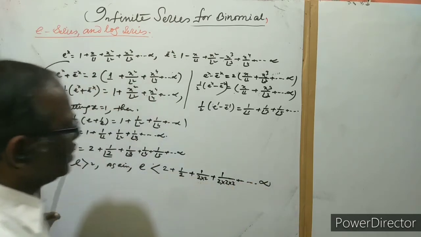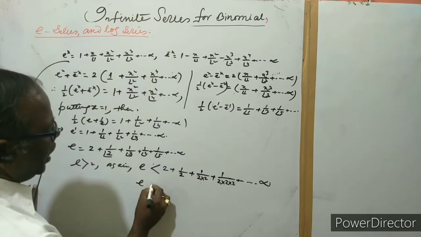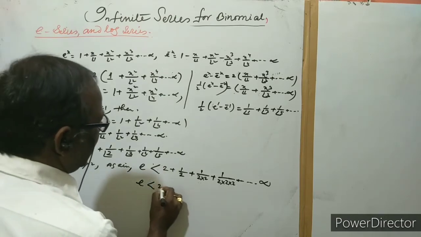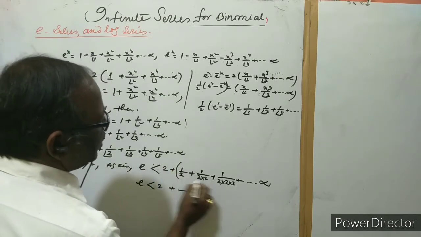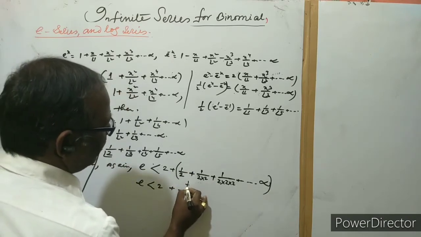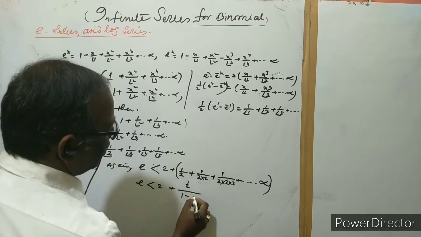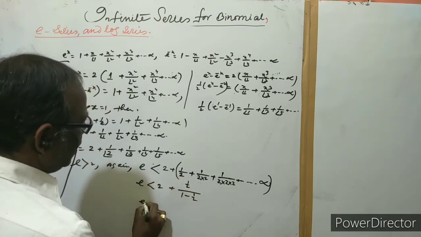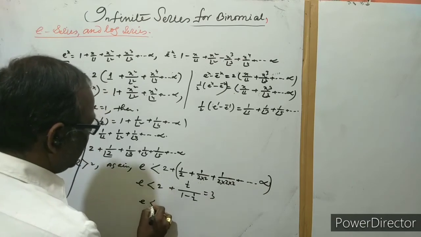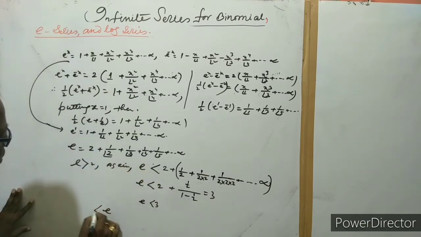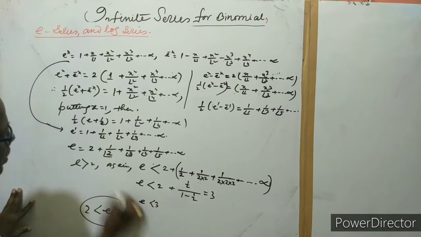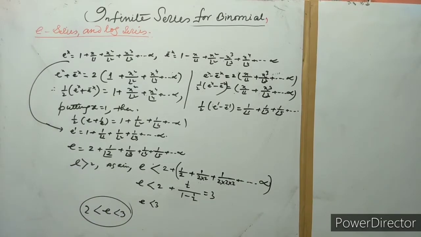So this is an infinite GP series, and it can be written like this. From the GP series, this is a half, and 1 minus this is also a half. So e is equal to 3, so e is less than 3. Therefore the value of e lies between 2 and 3. So this is a small discussion about that, and it is a very important discussion today in my infinite series discussion. And now some problems are also introduced here.